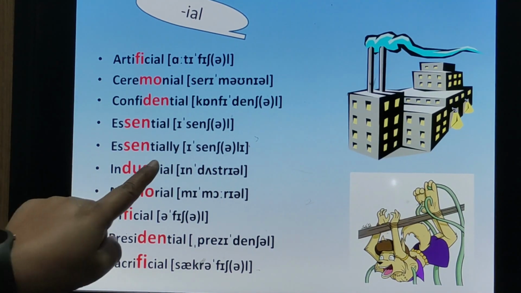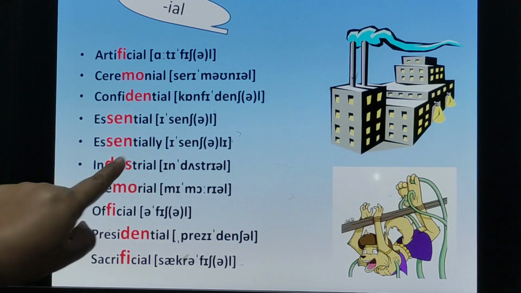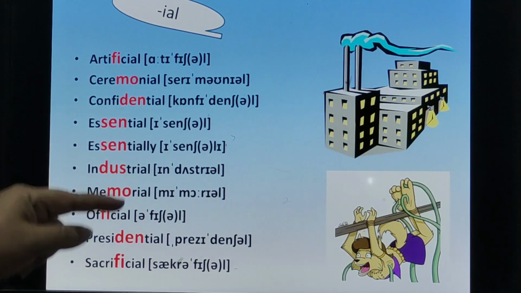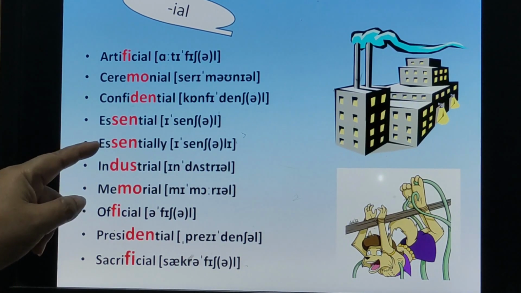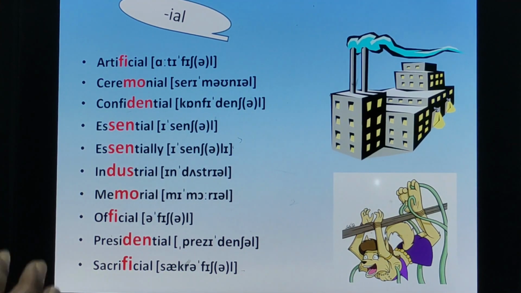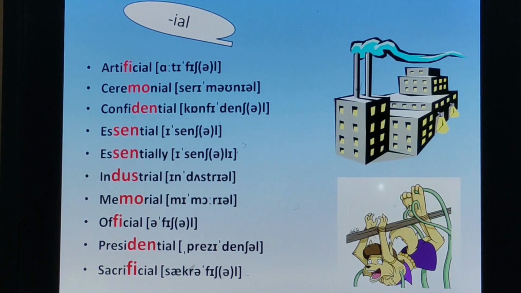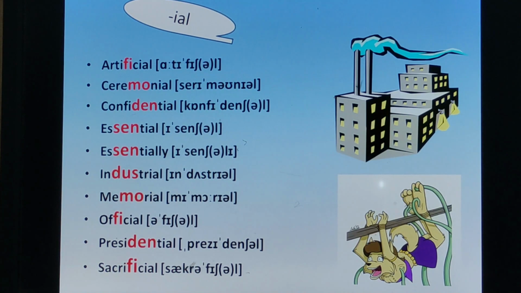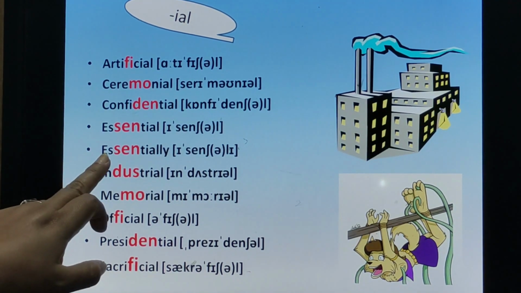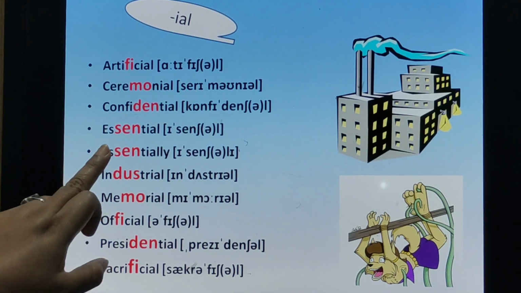If you look at the next word, there we have a suffix there, ly suffix added, but still it will retain the stress on the same syllable. If you remember from my last session, I told you that the extra parts that are added as a suffix will not be told more strongly. It is essentially, essential, essentially,